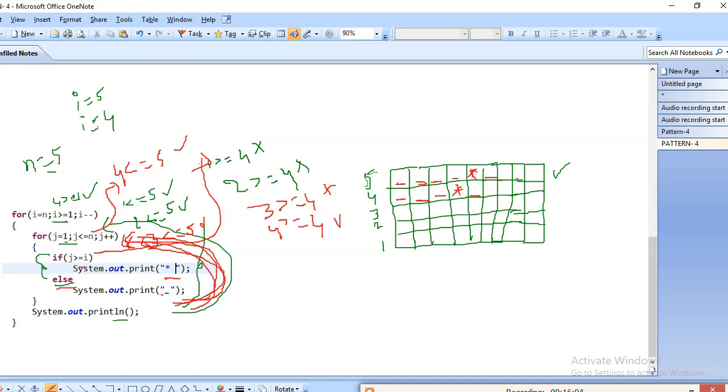Now j value equal to 5. 5 greater than or equal to 4, the condition is true, right? Here again check the condition, 5 less than or equal to 5, the condition is true.